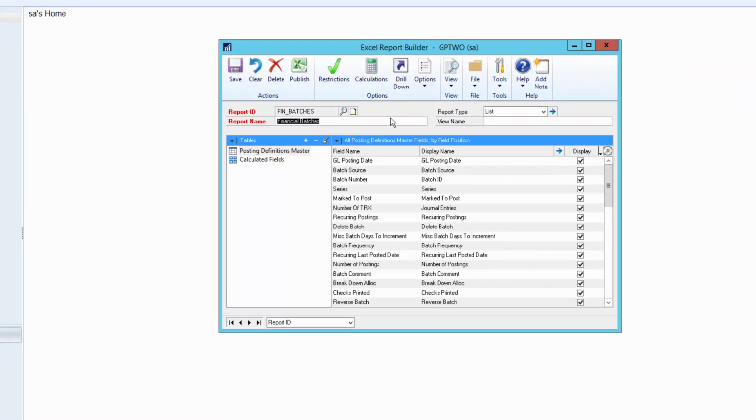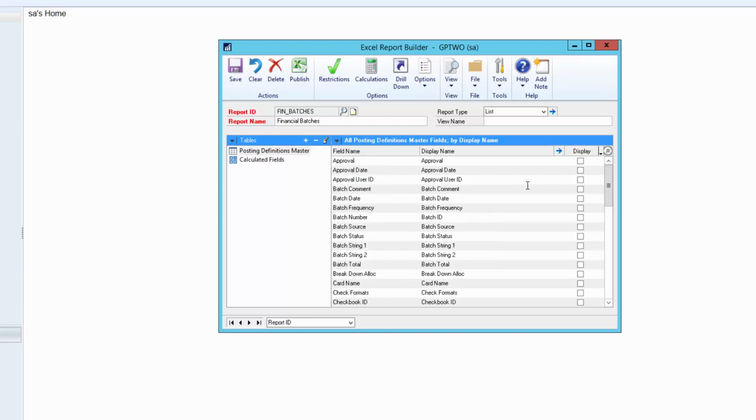So the first thing you're going to notice is that we don't have a display and a default column. Excel doesn't have a columns button for us to go add columns on the fly, so you need to choose, do you want this field in your report or not? If you don't add it, it will not be available in the list. So I'm going to unmark all of these because I really don't want them all. I'm going to order them by display name and go and get those few that we had before.